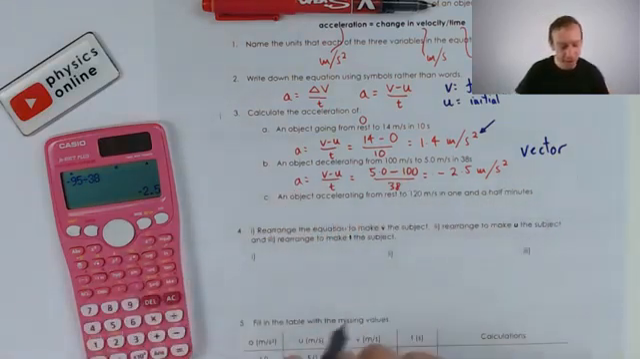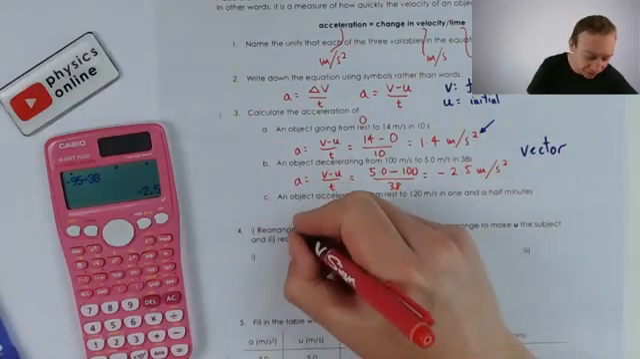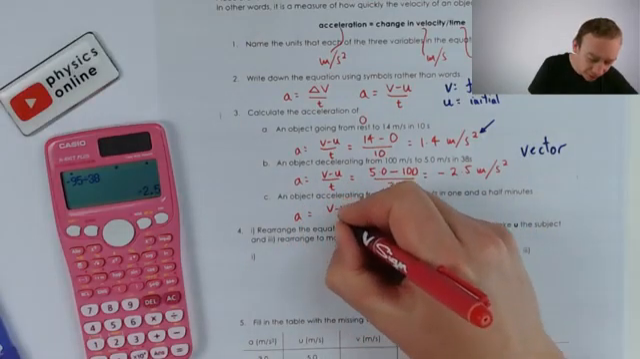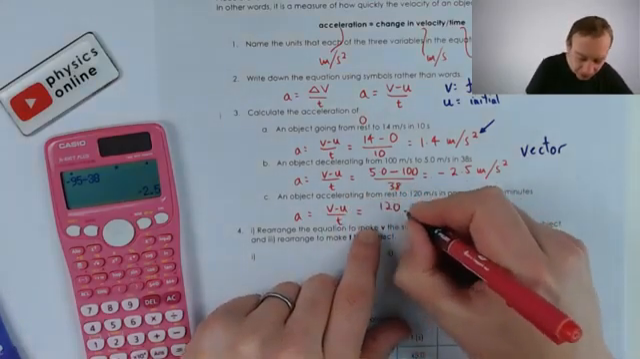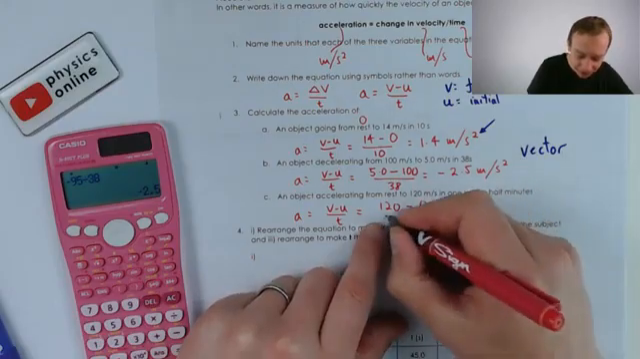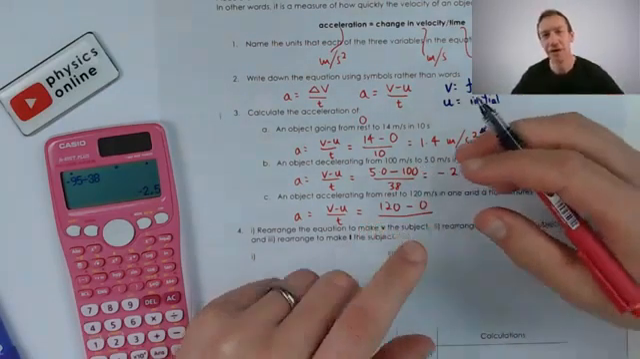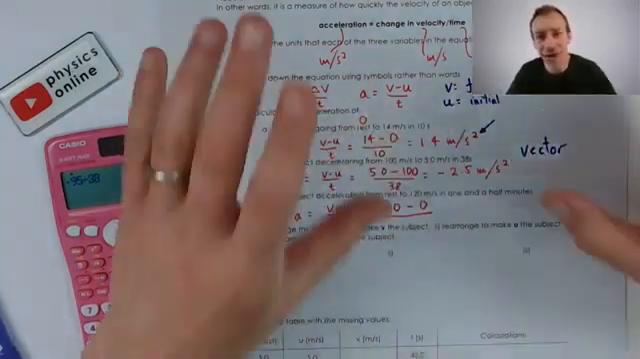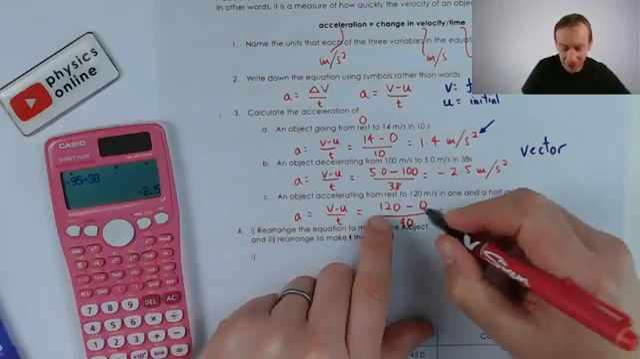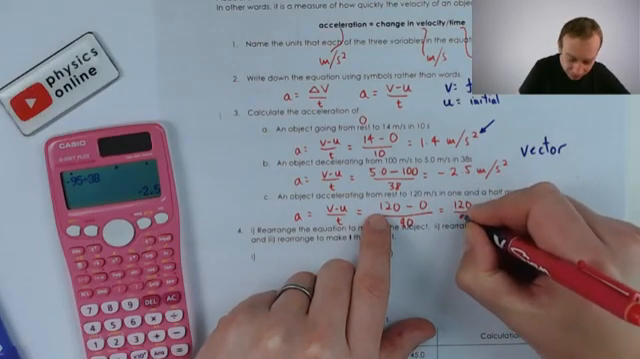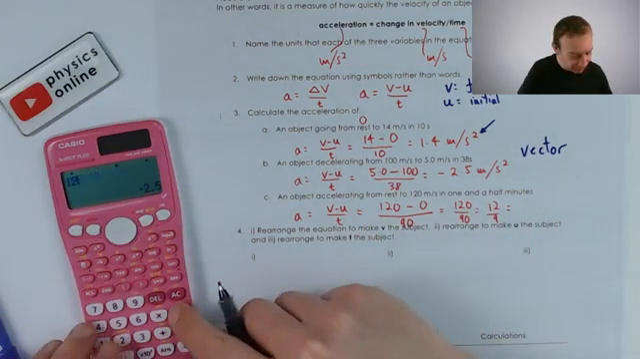Right, the next one, we've got an object accelerating from rest to 120 meters per second in 1.5 minutes. So again, a equals v minus u over t. The final value for velocity is 120. The initial value was 0. And the time, if it's 1.5 minutes, we have to convert that to seconds. So 60 seconds in a minute, so in 1.5 minutes, there are 90 seconds. And then this is going to be 120 over 90, which is 12 over 9, which is